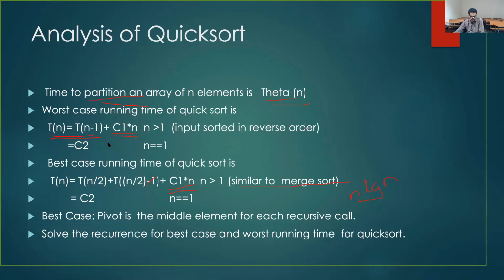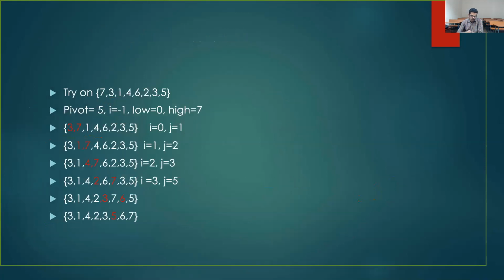Like we had some substitution and repeated it for 3-4 steps, then found a generic pattern, then found the solution. For that, you can refer to the previous video on merge sort, how the running time was calculated. Similarly for factorial, how it was calculated. You can refer to those. And you can have a look at how the partition works for this example.